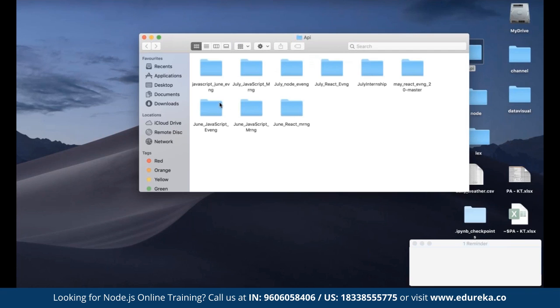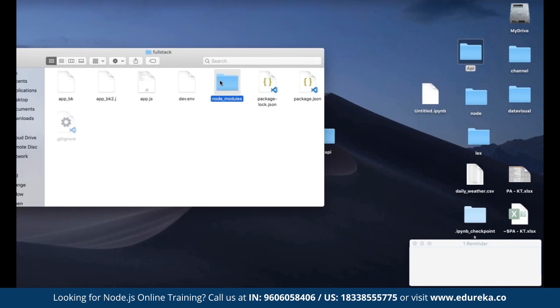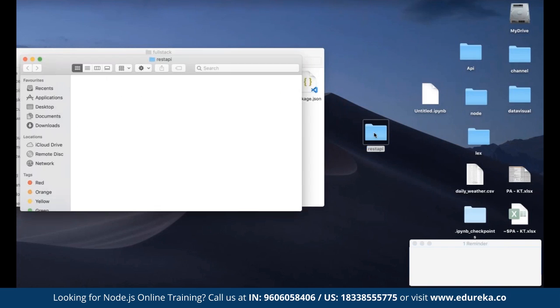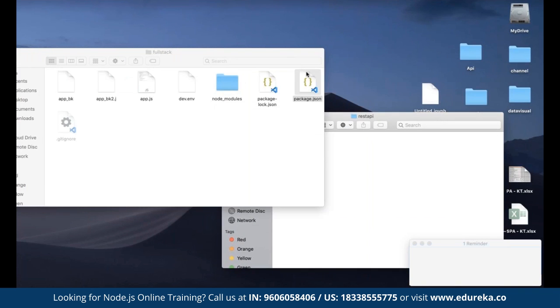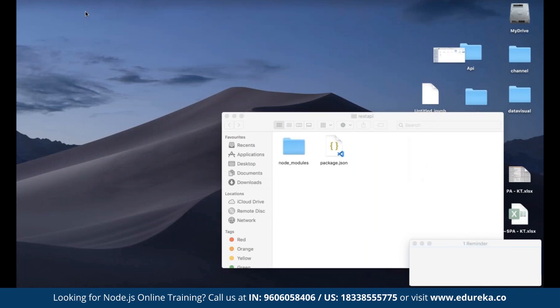I cannot directly install that package right now on my laptop. So basically we are going to use something called Express here, guys. For creating a Node API, we have to use Express. Express is one of the frameworks that we use for Node.js. So I'm going to use Express, and I'll show you what exactly it is.